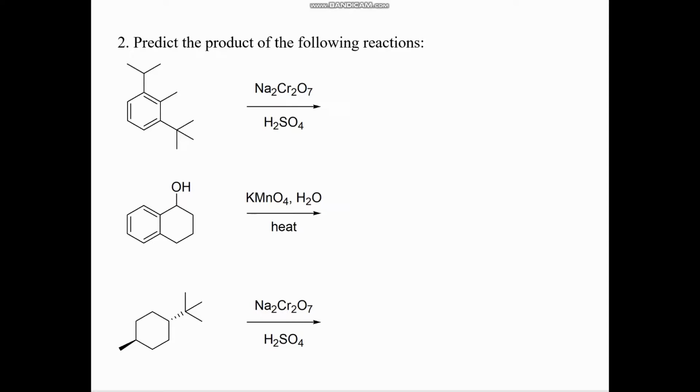So you would see a proton that it can donate from the methyl group and the isopropyl group, whereas the tert-butyl group does not have any protons to donate, therefore it would not react with Jones reagent. And so the product would be carboxylic acids replacing the isopropyl group and the methyl group, leaving the tert-butyl group